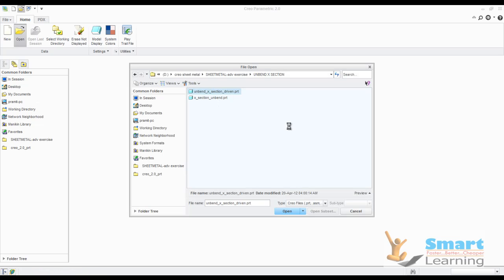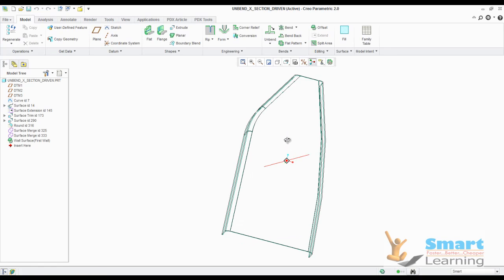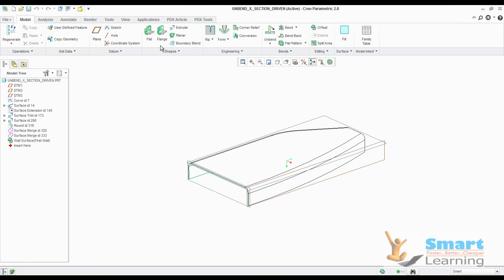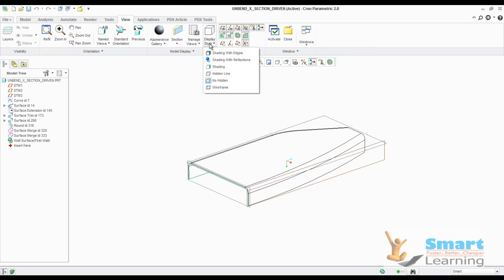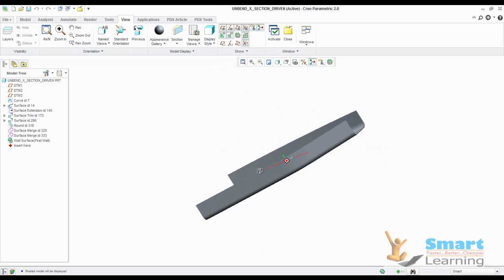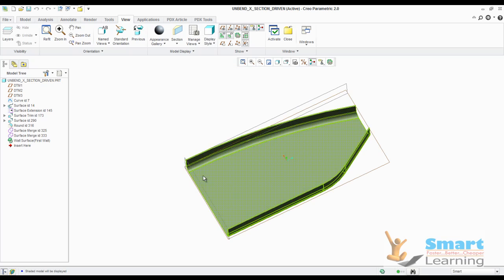Let us say this is the case, and I'll go to view and I'll do the controls, shading. I need to control from a typical straight line for this bend control.